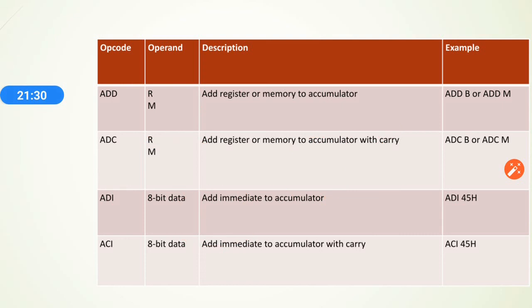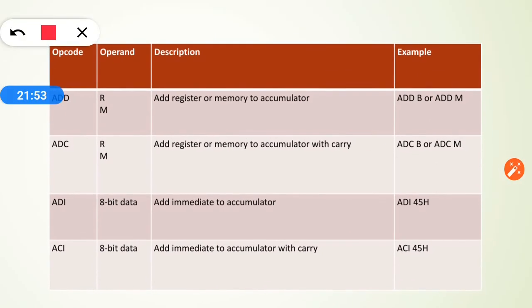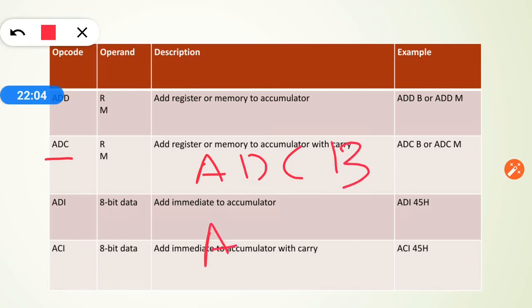So my motto is to tell you that whenever you are adding 3 or 4 numbers one by one, that is first two numbers, then we get the result, then add the third number to the result, but at that time, if carry is generated, you have to add the carry also. So you can use this ADC command, right? Whenever you are going to add multiple numbers, you can use this ADC. So the working of ADC is similar to ADD, right? So suppose I am writing ADC B, it adds A plus B plus carry bit. This carry bit is from your flag register.